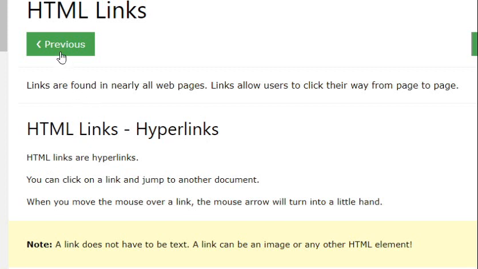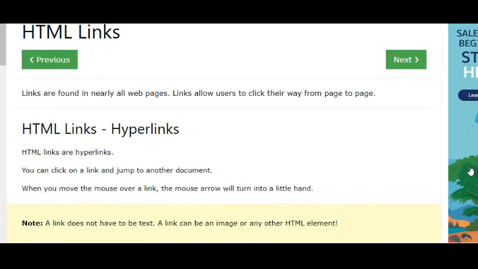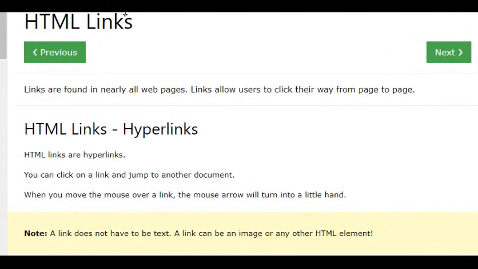See here, this is a web page, right? In this web page, the cursor is moving here. Does it change to the hand cursor? No, it does not change to the hand cursor. Now let us see here: it changes the cursor to the hand cursor.